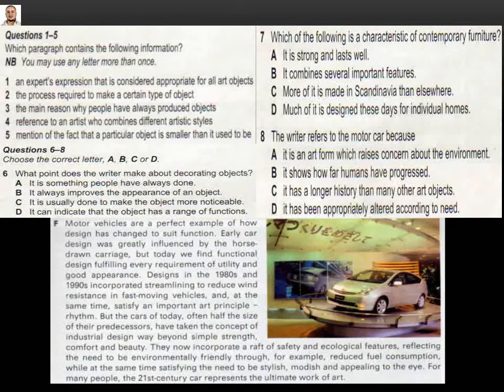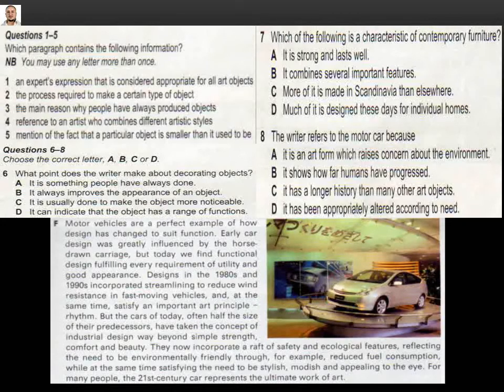predecessors. So we have 5, mention of the fact that a particular object is smaller than it used to be. We find this information here because it says, and at the same time satisfy an important art principle, rhythm, but the cars of today often half the size. That means it's smaller than they used to be